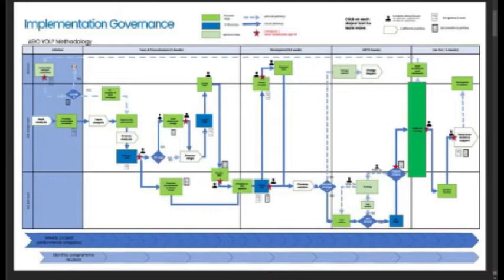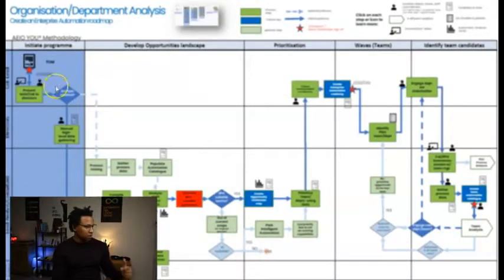So once you've done this, the next governance model is the implementation process. This model allows you to go onto any project and deliver automation by following these steps. It shows you the different steps, the different activities that you need to do, the different stakeholders that you need to engage with, and who is doing what throughout this project. And it also shows you the templates and the tools to use at each step, at each activity, and when